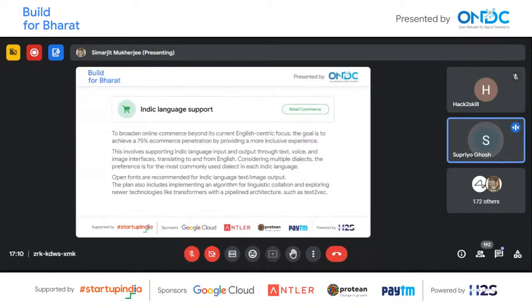Considering that there are multiple dialects, if a user gives an input using a combination of these interfaces in any specific language, it should provide a response to the user in that particular language itself, irrespective of the language that it is stored in. There are quite a few startups that are trying to solve this problem. But in our understanding, this is key to getting digital commerce beyond the tier 1 and tier 2 cities and the tier 1 and tier 2 audience today.